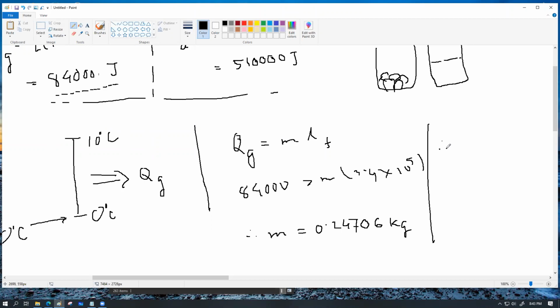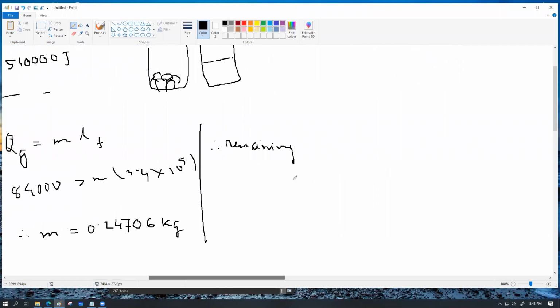Therefore, how much remaining ice will there be? This amount is melting off, so how much will be the remaining ice? 1.25 kilograms. So that will be 1.5 minus 0.24706, which after rounding off becomes 1.25 kg. Sir, it was 1.5. 1.5 minus 0.24706. My bad. So 1.25 kg of ice would be remaining after the approximation, and therefore the total water that would be